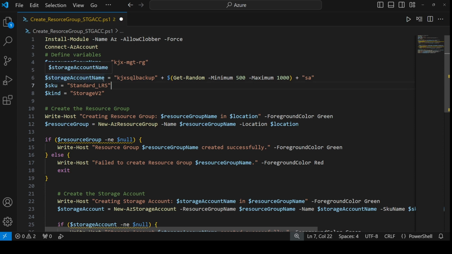On line number 6, you can see the storage account name variable. We are using kjx SQL backup and this Get-Random command. This random command will generate a number between 500 and 1000. Why are we using that? Because we need to use a globally unique storage account name. So it should be unique all over the world. For that purpose, I am randomly generating a number so it will not conflict with any of the existing